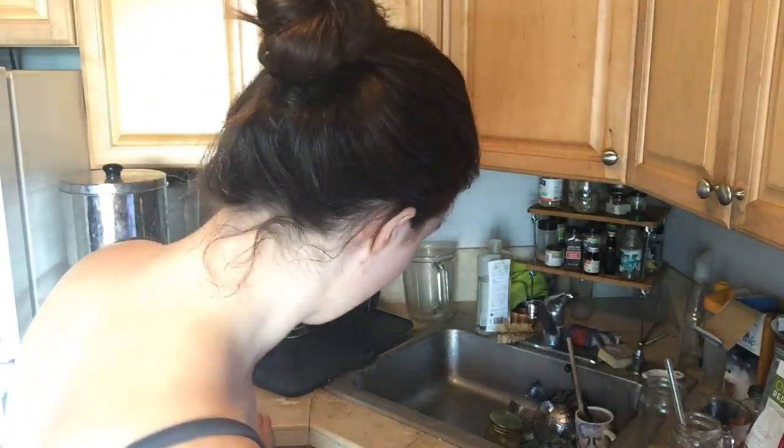Robin says, I made a boxed mac and cheese 2 days in a row and added 2 bags of frozen vegetables, and I still ate the whole box. Right? I find serving sizes to be rarely accurate. But I also say that there's something so satisfying about boxed mac and cheese. I don't know what it is. Daiya's boxed mac and cheese right now is my favorite